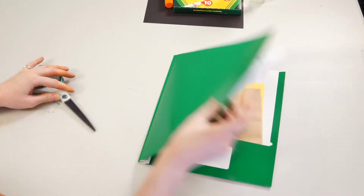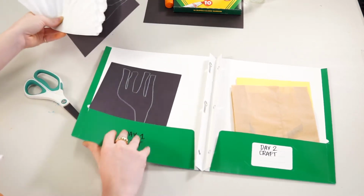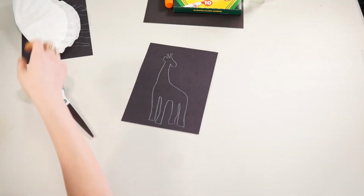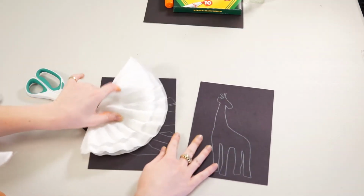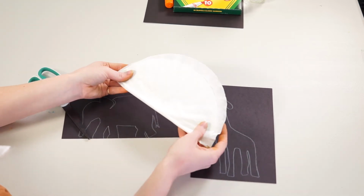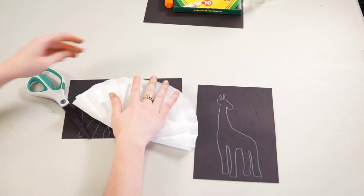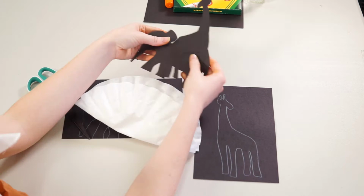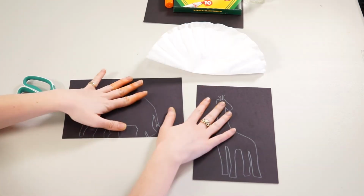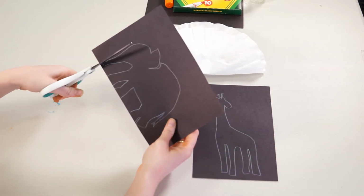Okay, so let's open up our folder and day one. So we'll take out everything that's in day one, and it should be 2 pieces of black paper with little animals drawn on it, and 2 coffee filters. And then also for the younger kids, you already have yours cut out. So what we're gonna do is with the 1st through 5th graders, we are gonna take time to just cut out each one of these